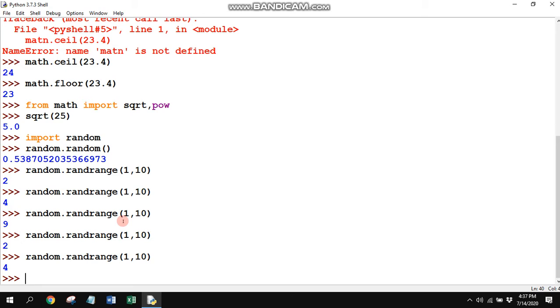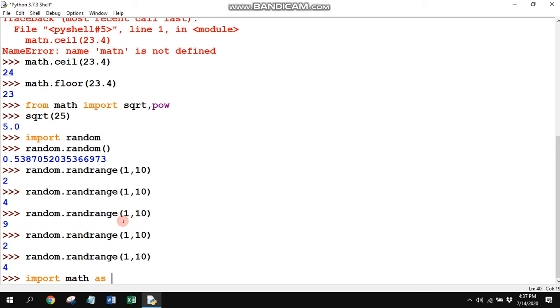There is one more way. If you want to give an alias name to the module, say import math as any name.